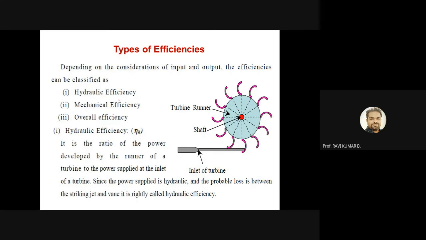Next one is mechanical efficiency. Mechanical efficiency means you are converting the kinetic energy. The moment your flow is coming out of the nozzle, it will convert entirely into high speed kinetic energy, and the kinetic energy is getting converted into mechanical energy, right? That is called rotational energy. The ratio of that will give the mechanical efficiency. Overall is at what head is entering and you are getting the mechanical energy; the ratio of that will be called overall efficiency.